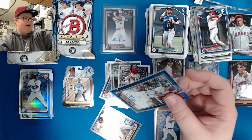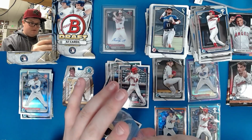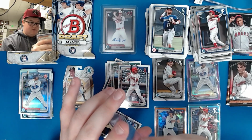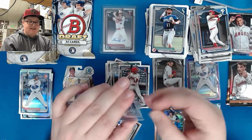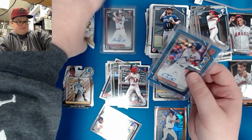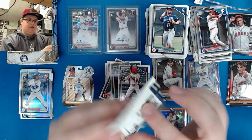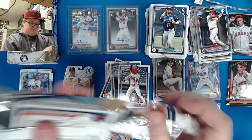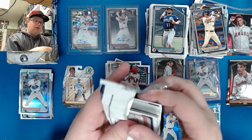Right, let's get that guy top loaded right here. So Eli Serrano was a huge part of NC State's College World Series run last year. So very cool to have that card. Blake Burke needs to go in this pile. We've got